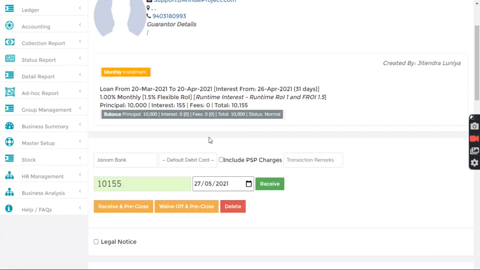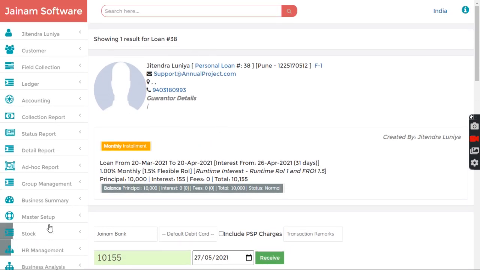There are also some date-related configurations which we can make in master setup and settings, so that the system will work according to your business requirement.